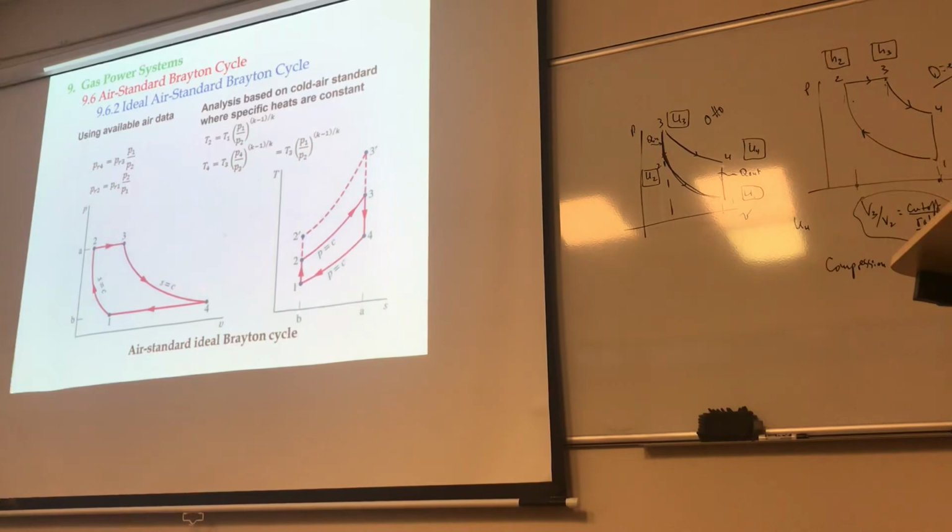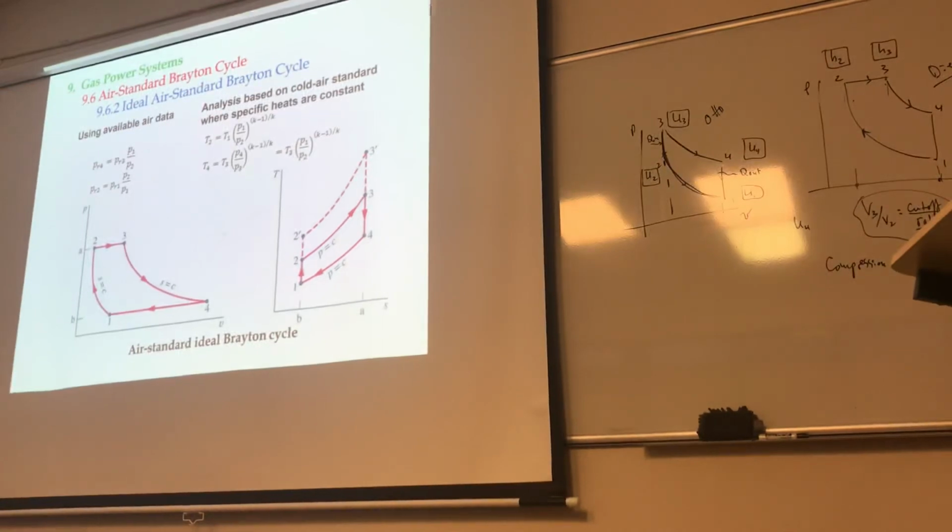Before, for the combustion cycles, between the isentropic ones we had constant volumes, right? Here we have constant pressure, right? So instead of using the relative volume, the V sub r's, we will be using the P sub r's. That's all there is to it. That's why the ratio of the P_r's is going to be equal to the pressure ratios, because a